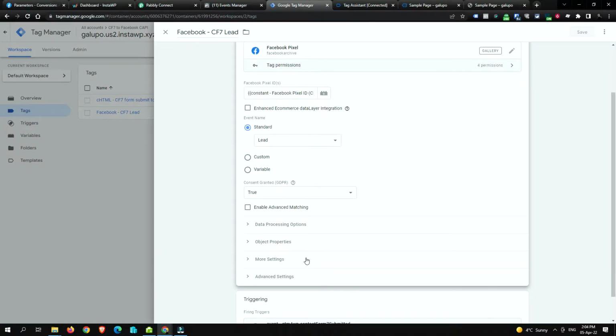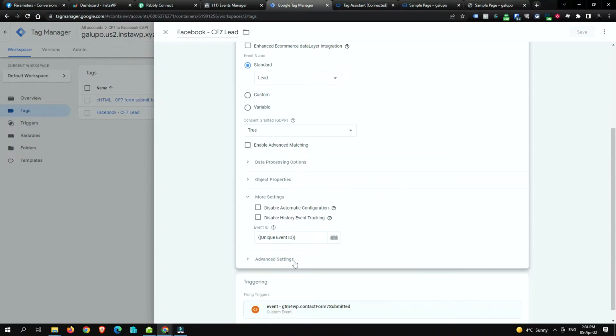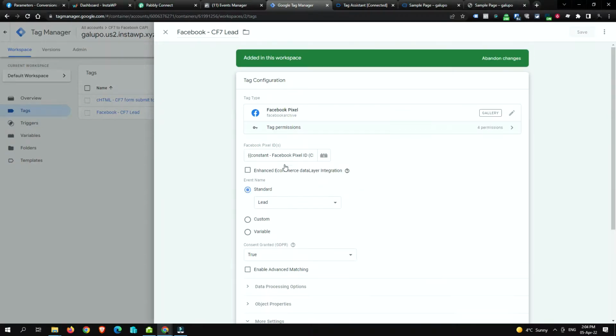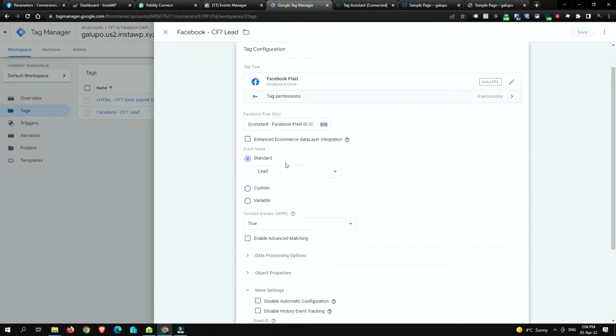And very important, on the more settings, we're also sending the unique ID. Now you don't have to change these fields right here. These are variables, and I will show you where to change them with your own. Actually, you just have to change the Facebook pixel ID. When it says change this, it doesn't mean to change it in this box. It just means to change the value of the variable, and I will quickly show you where you should